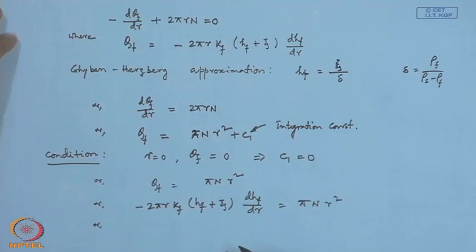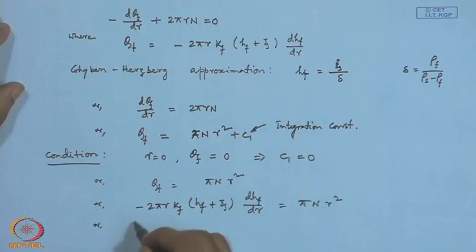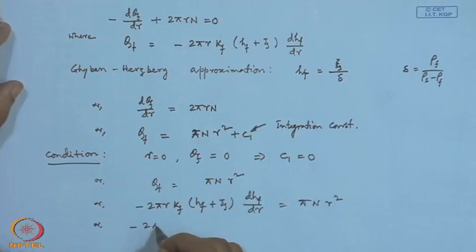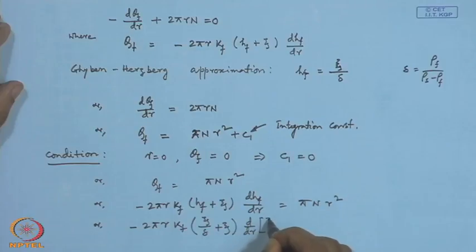Or if we replace this Hf with our Ghyben-Herzberg approximation, then we can write it as 2 pi r Kf, and this as xi by delta plus xi, and this one again xi by delta,